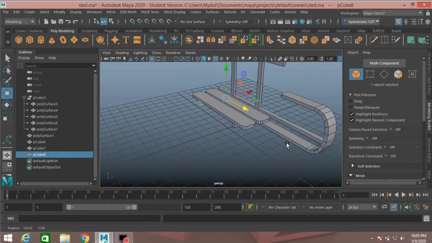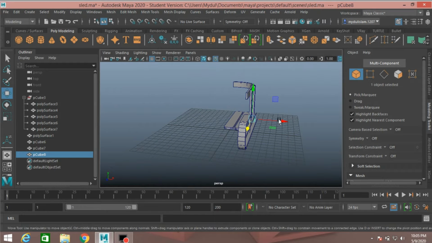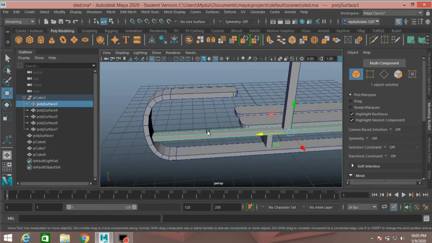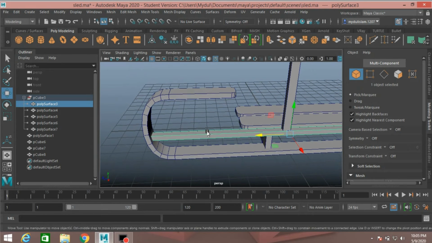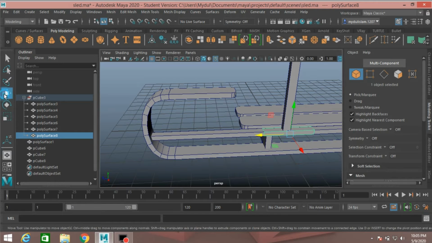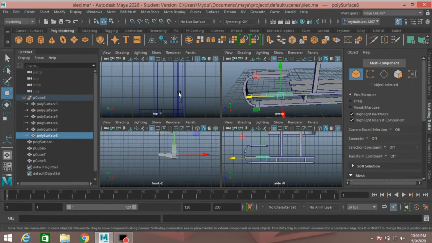Again now select this, press Ctrl plus D to duplicate and scale it just like this and move it just here. Go to top view,